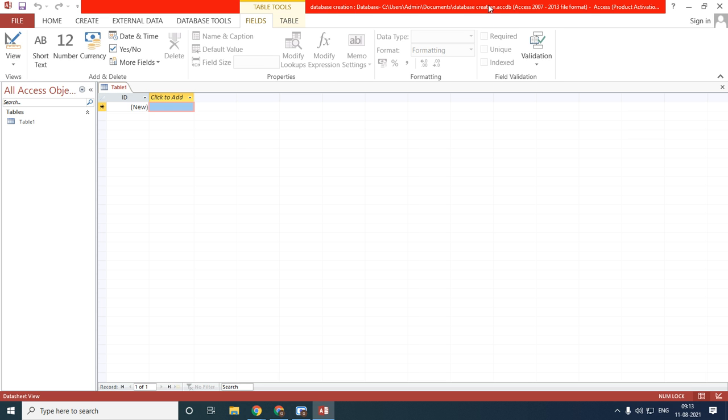This is my title bar, where the name of my document is present, which I saved. Title bar is always at the top of your screen. These are the menu bars, where different options are present; we can do save, edit with the help of the menu bar. This is my ribbon area. With the help of this ribbon area, I can perform different actions on my work area.